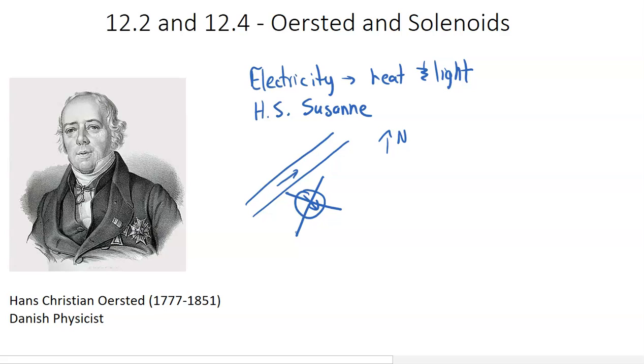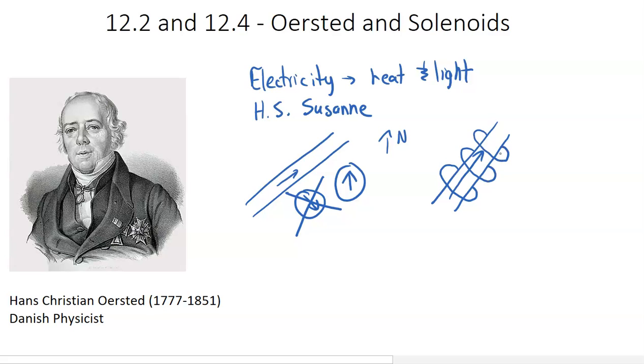In fact, every time Ørsted or another physicist brought the compass close up, it would stay pointing north, which seemed to suggest that there was no connection between electricity and magnetism. However, they weren't quite onto it properly. What was actually happening is that if we have a current-carrying wire, the magnetic field, as we'll find out in more detail very shortly, is formed in concentric circles around the wire.